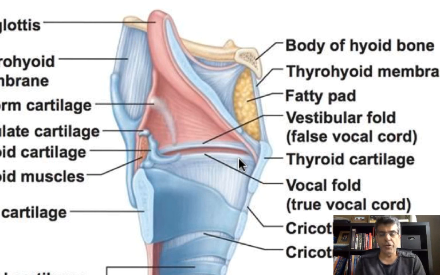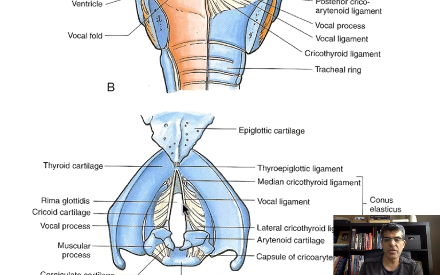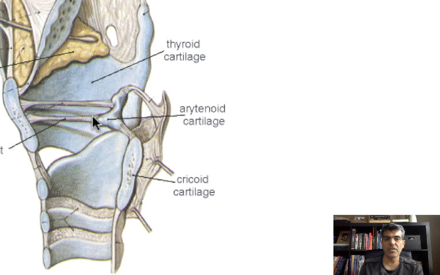So to make a long story short, you have a ligament from the bottom, you have another ligament or membrane from the top. The upper edge of this one is called true vocal cord. The lower edge of this one is called false vocal cord. Between these two is called ventricle, and the space between these two true vocal cords is called rima glottidis. I hope this is clear and you understood. In this picture, you can see true vocal cord or vocal ligaments. You can see false vocal cord.